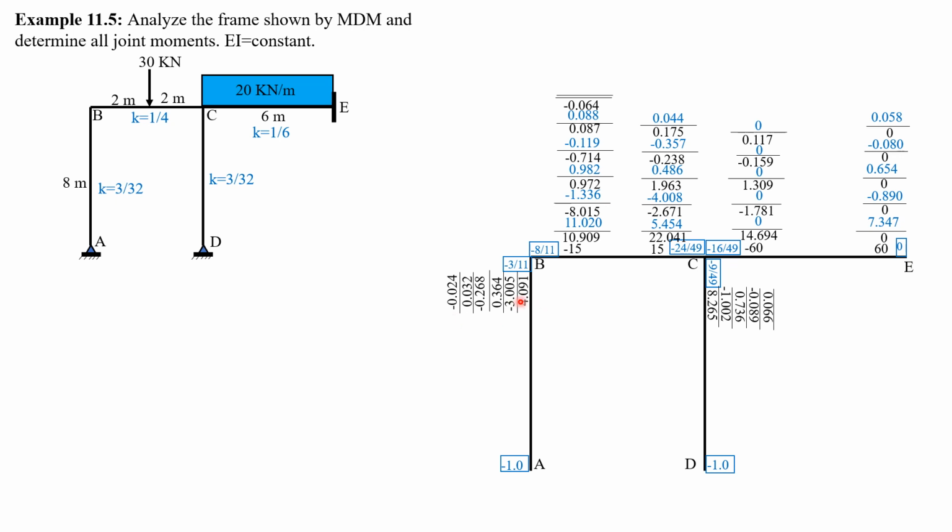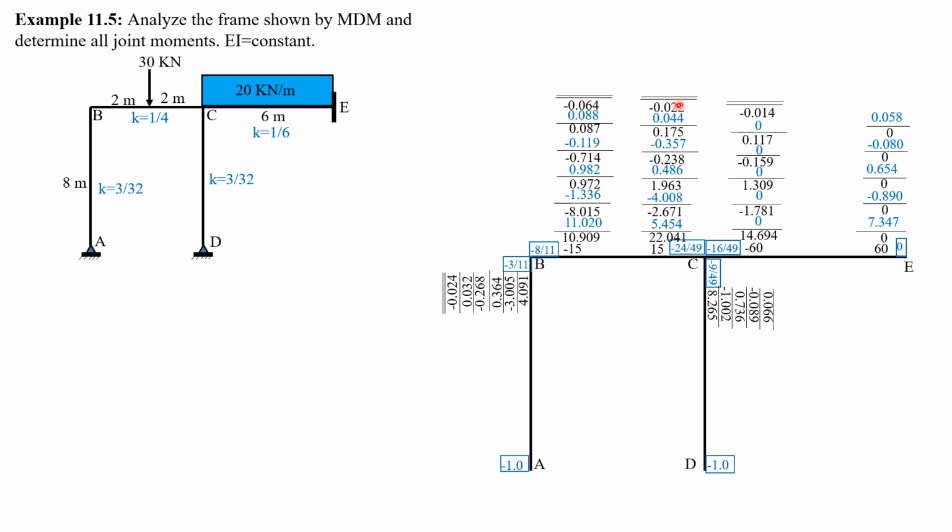So adding these column values here, the moment BA is 1.190. Adding these column values, the moment BC is negative 1.190. Adding these columns here, the value is equal to 15 plus 22.041 plus 5.454 minus 2.671 minus 4.008